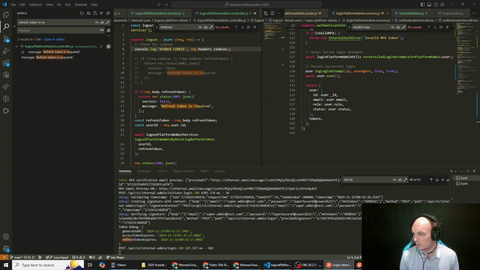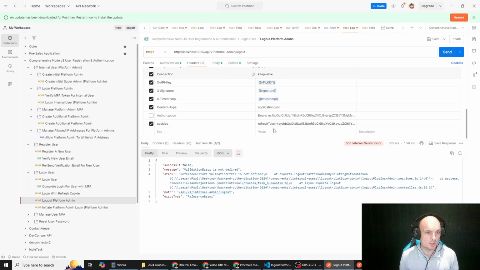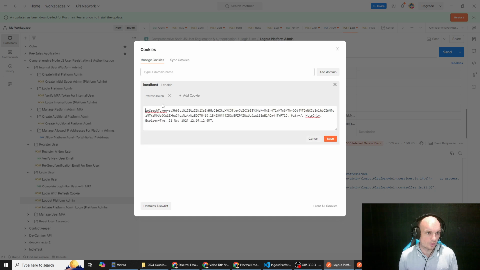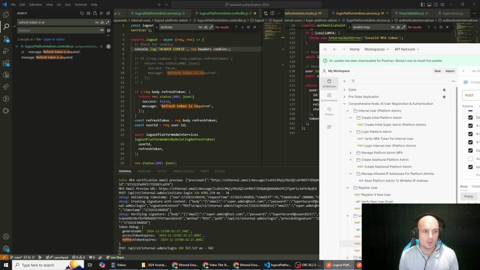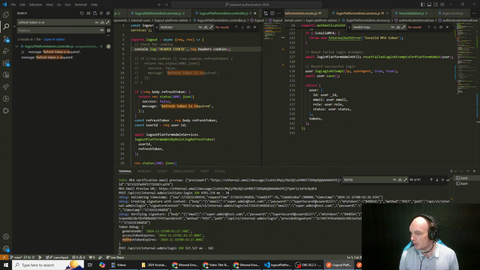Yes, refresh token. Where is it? Copy. So log out. Put this here, and I'm going to put it here. I'm still not sure exactly why I'm having these issues. Save, close. Right, then if I send this,